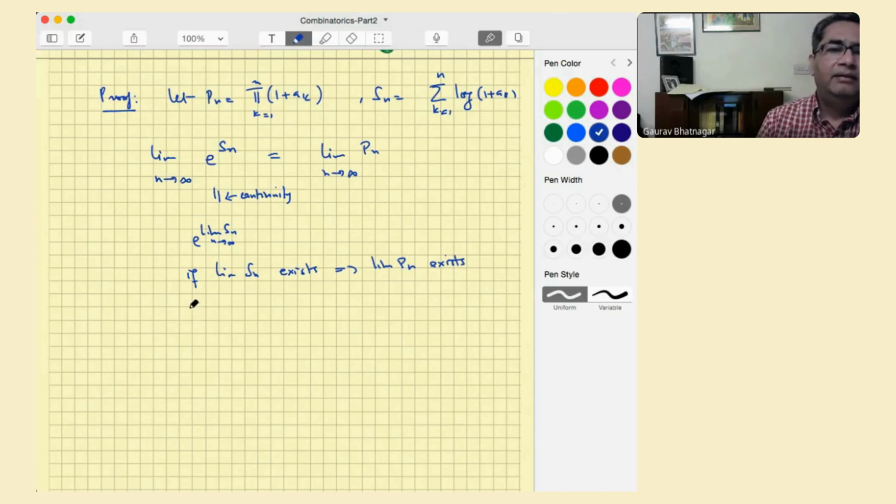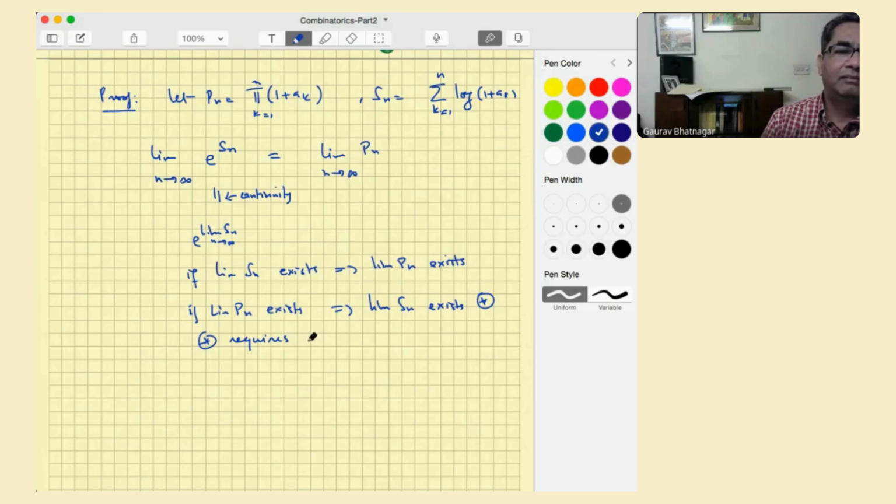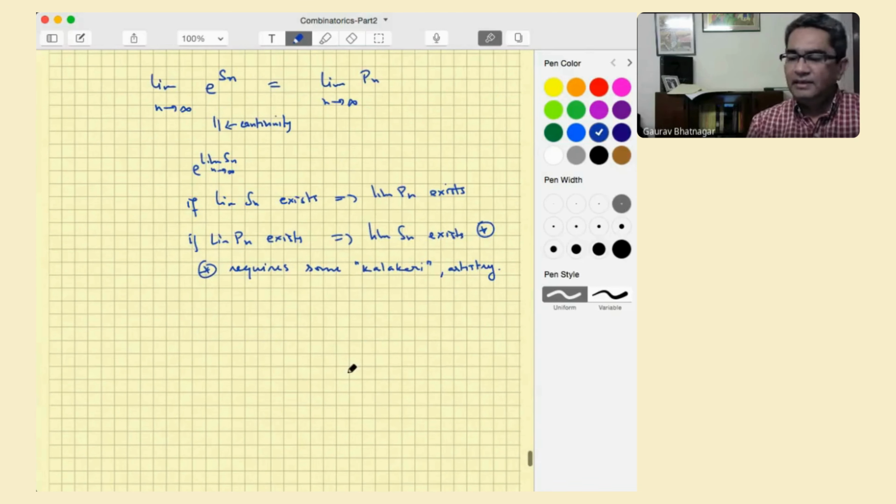Okay. Vice versa, if the limit of Pn exists, this requires a little bit of art, some artistry. I mean, the right word is in Hindi, but this is what it means. This requires some kalakari, which I won't do, because we want to show that